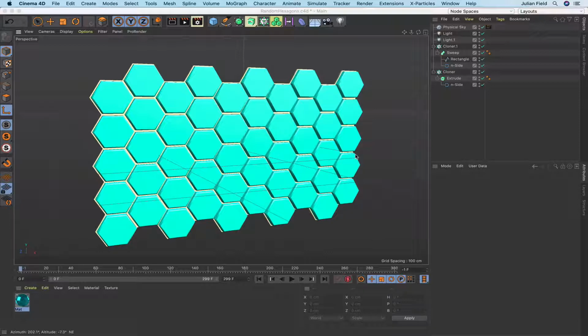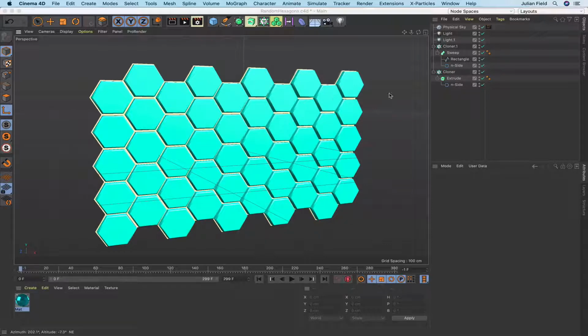This one being a bit of a departure because there's no Xpresso in it. It's purely going to be about Python, this one. We're going to create a Python effector. And what we're going to do, we're going to use that to create a kind of a 70s kind of display that you might have seen in shows like Blake 7 or possibly the Tomorrow People, those kind of shows